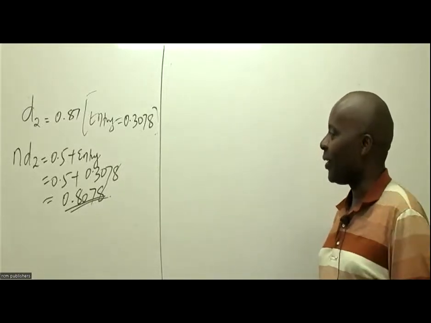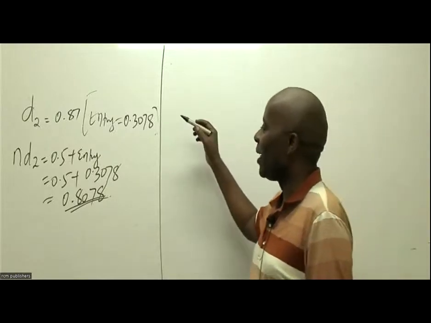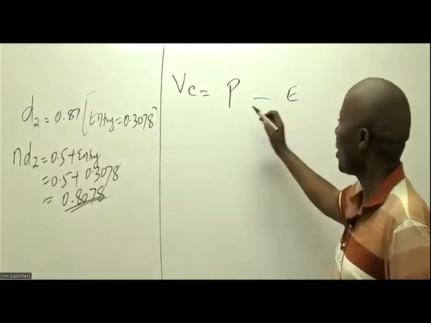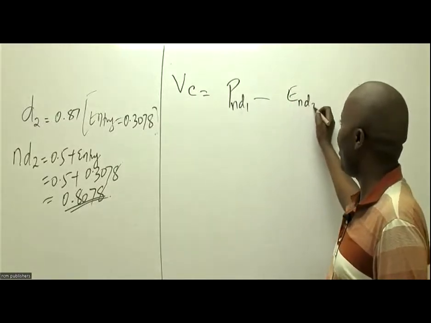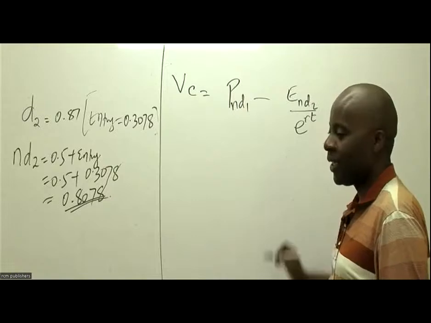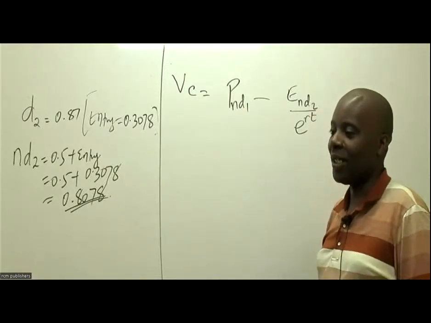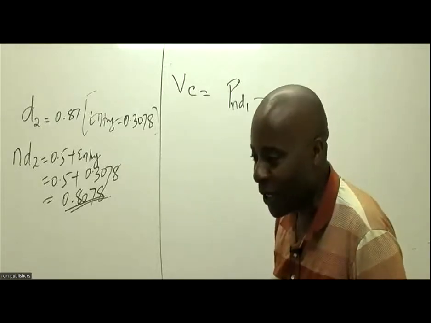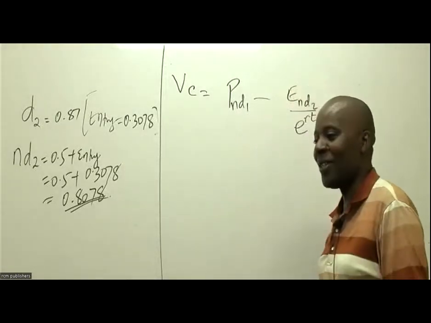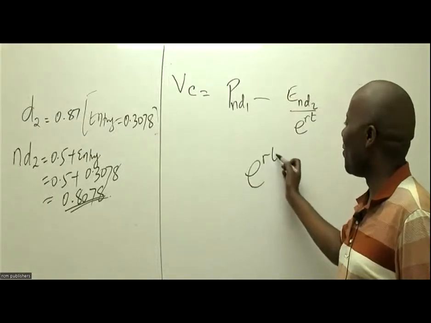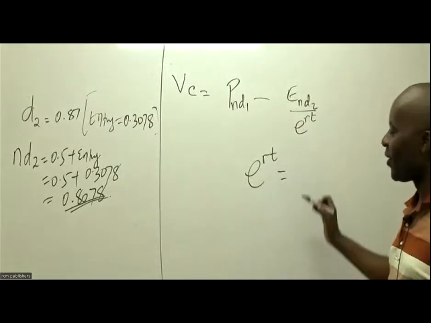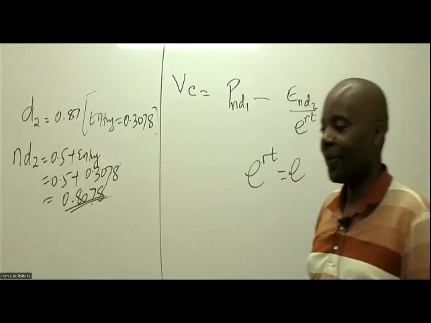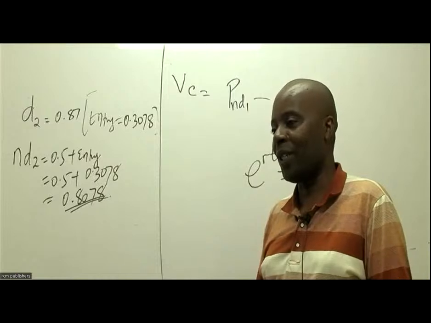Now, that one will pay me candle, beyond advanced financial management. Now, come here, so the value of a call option. So this is ND1, this is ND2 over E raised to RT. Great. So first of all, we handle here E raised to RT. So this is E raised to R. Are you able to see the R, the risk-free rate of return?